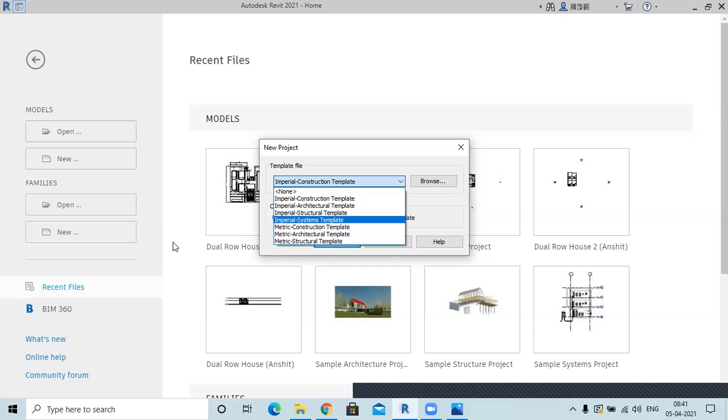And in a systems template, you'll be able to put plumbing, electrical, and HVAC systems on board to your construction project. That is a very advanced level thing which we are not going to take. We're going to take the architectural template, in which we are going to create the architectural project and its elements and different views on that. Okay, so I'll select the imperial one and press OK.